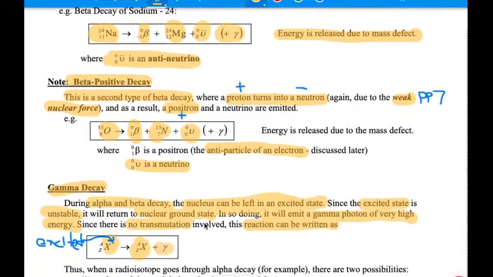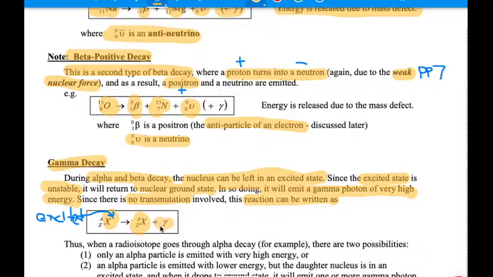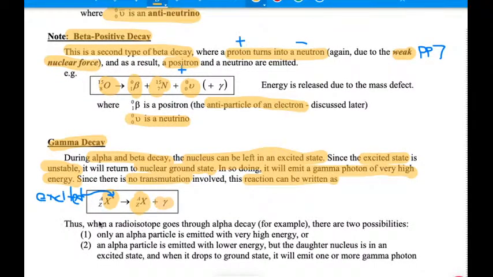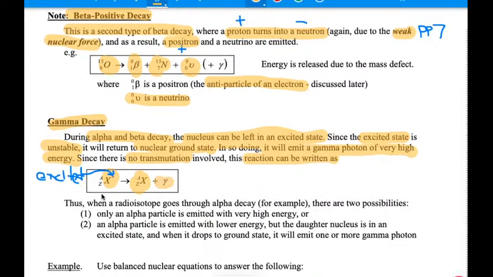Sometimes we'll get a gamma ray. So here's how we know when we're getting a gamma ray or not in all of our alpha and beta decays. When a radioisotope goes through alpha decay or beta decay, either or, there's two possibilities. We can have only the alpha particle emitted with very high energy. So we're going to get the alpha particle shot out at a big speed, lots of kinetic energy on that alpha particle. Or we'll have the alpha particle emitted with lower energy,